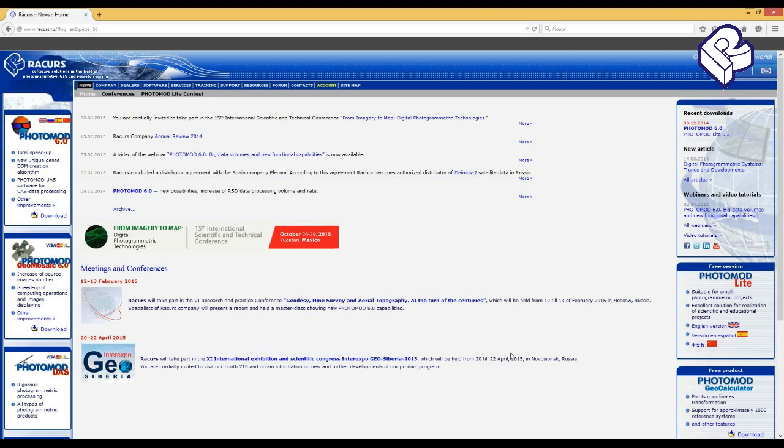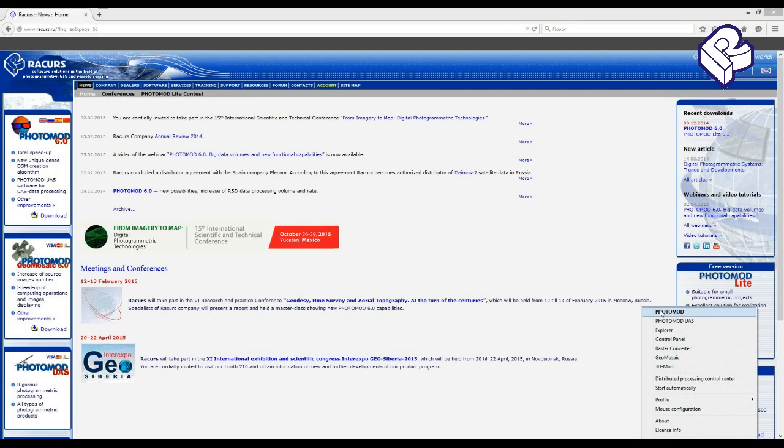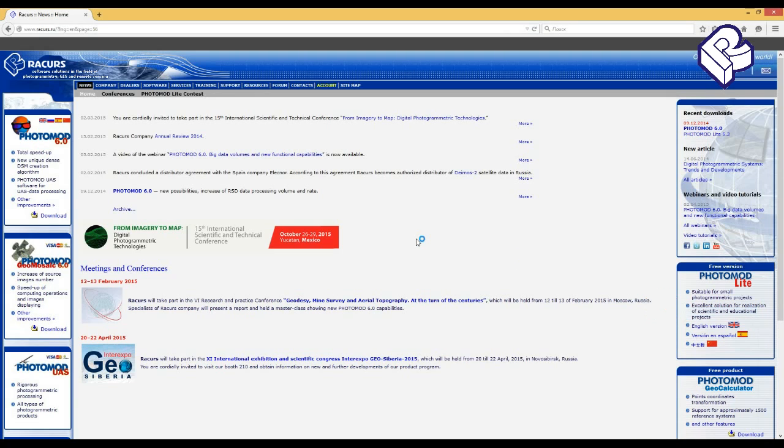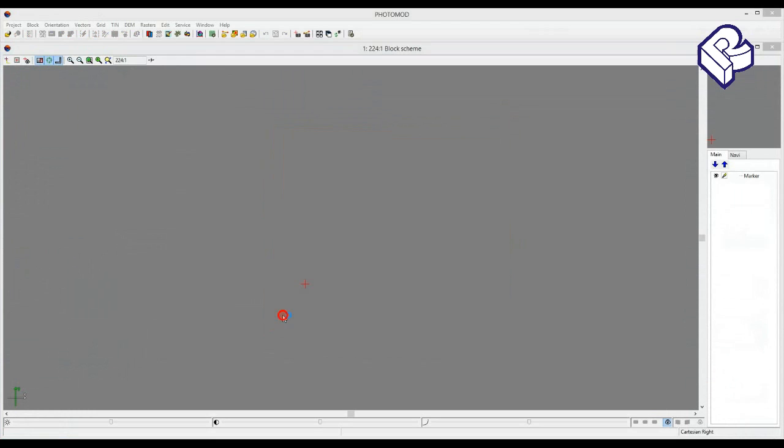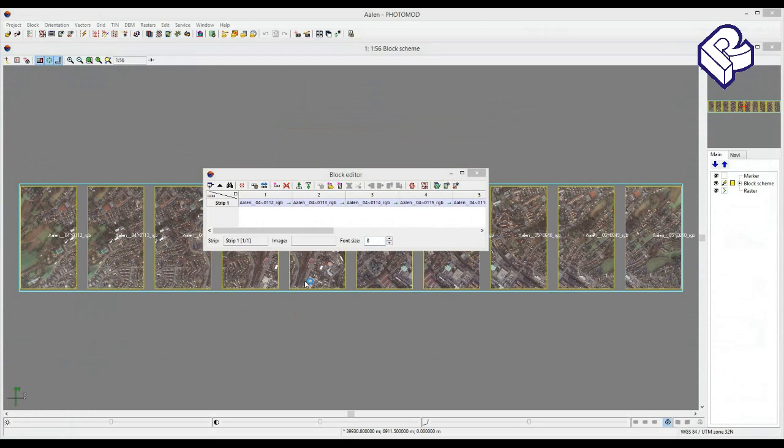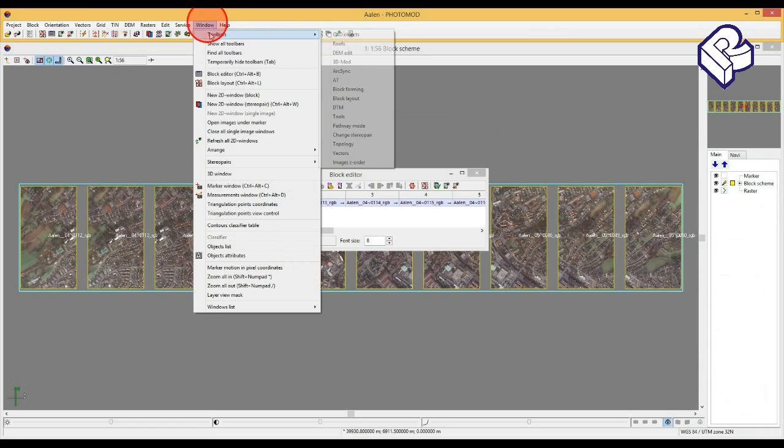Firstly, let's start PHOTOMOD and open the previously created project Allen. The first thing that should be done after adding images to the project is to create a camera file and perform an internal orientation of images. For more comfortable access to the tools we need, I recommend opening the corresponding toolbar. Window, Toolbars, AT. I click on Manage Project Cameras